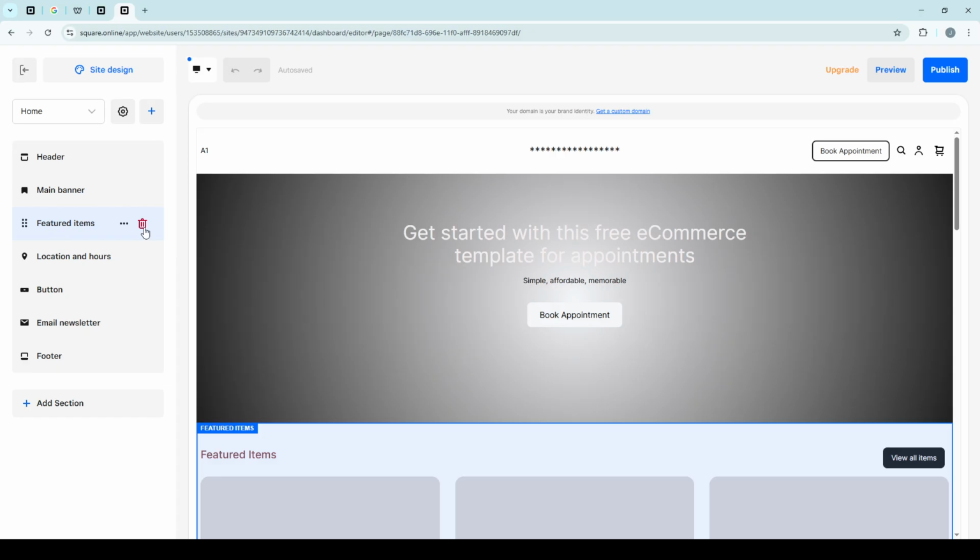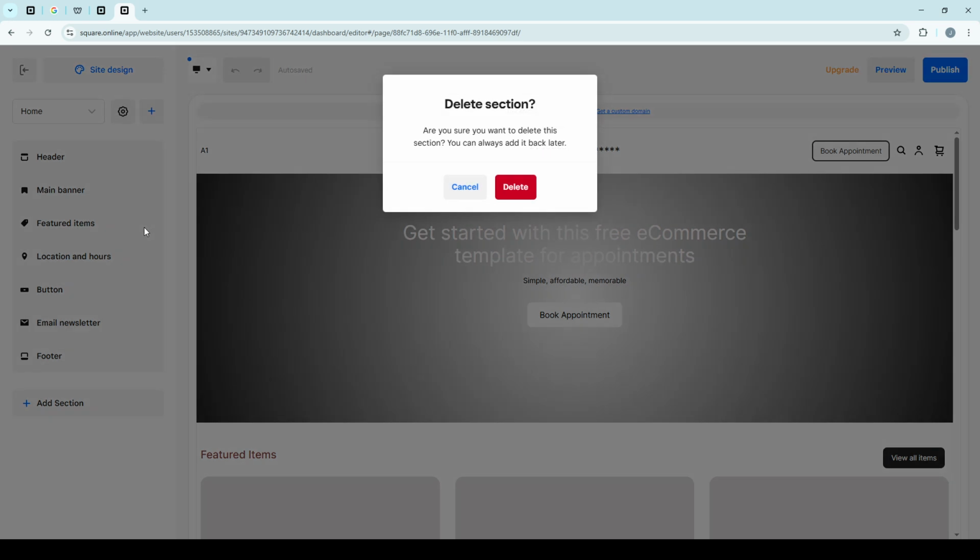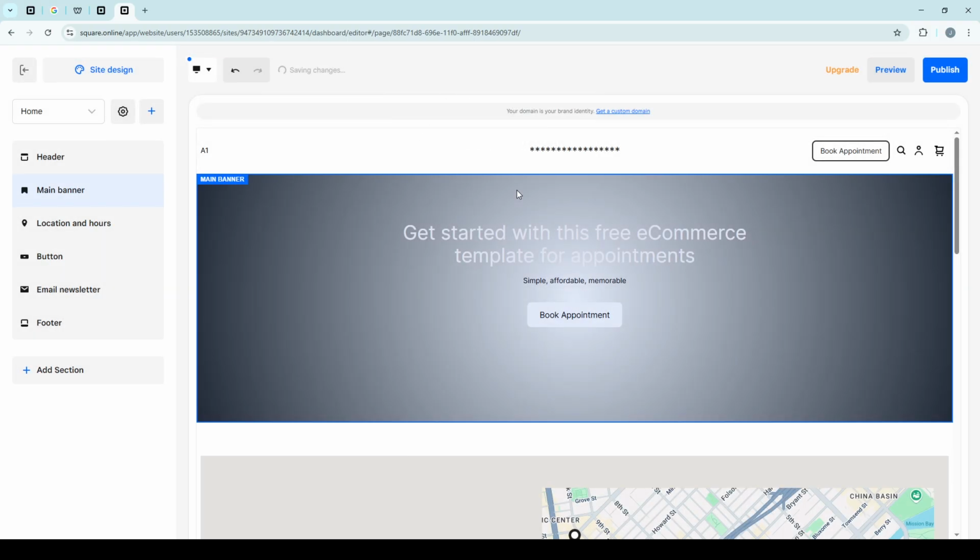Once you click the Delete button, you might see a confirmation dialog pop up on your screen. This is Weebly's way of double-checking with you to ensure that you indeed want to erase the section. It's a fail-safe, allowing you to confirm the deletion. When you're certain and ready to proceed, simply click Delete on this confirmation dialog, and that's it. You've successfully deleted a section from your Weebly site, making your website cleaner and more user-friendly without any unnecessary elements